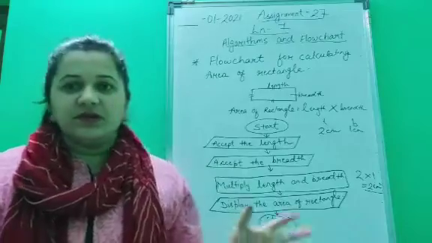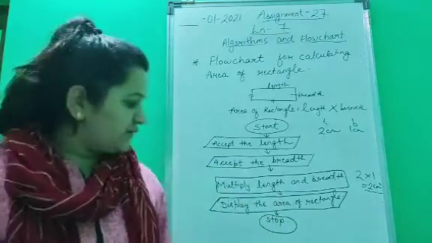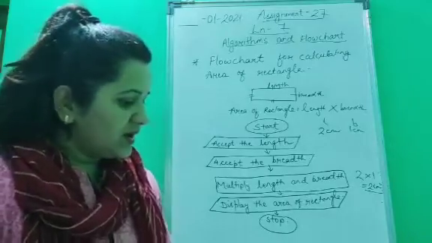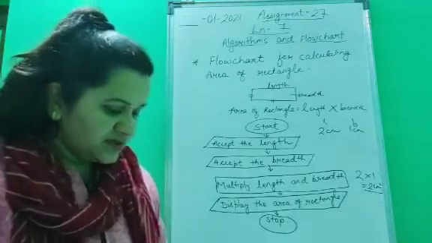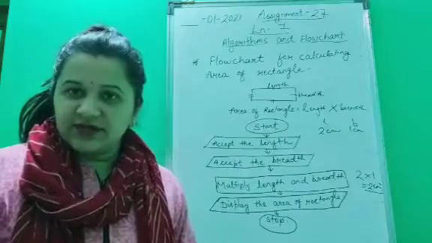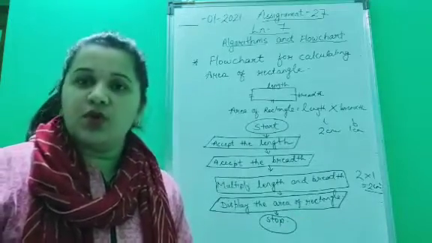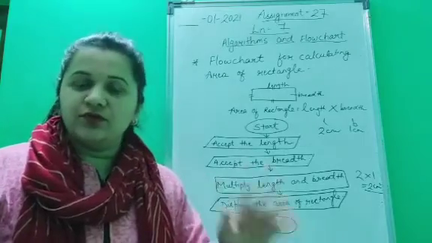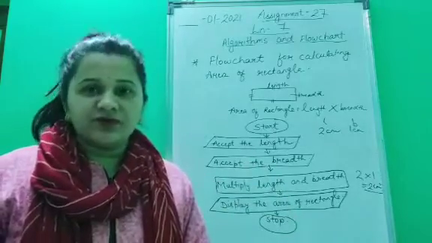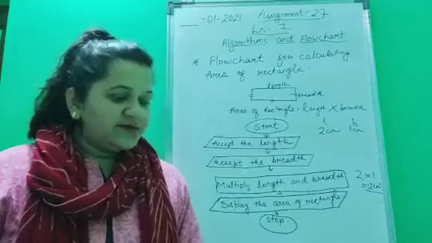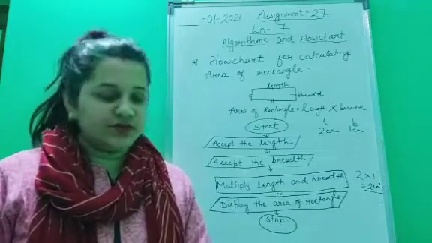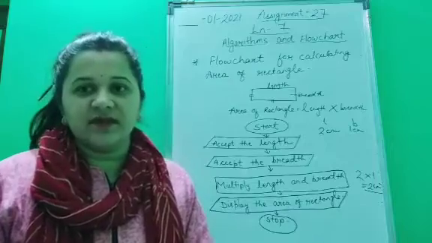Got it, children? So this is it for today. You have to go through the examples which are given in your book from page number 130 till 131. Read the examples, go through the video, watch it very properly, and solve the questions which will be given to you in your assignment. We are done with this chapter. In the next video, I'll be continuing with the exercise questions. We'll solve them,